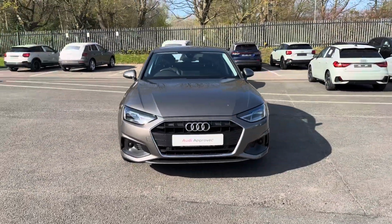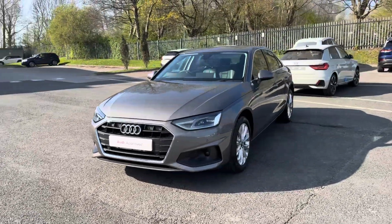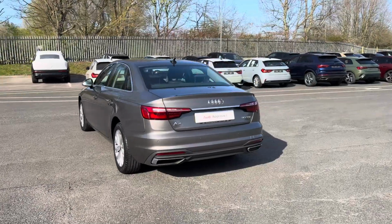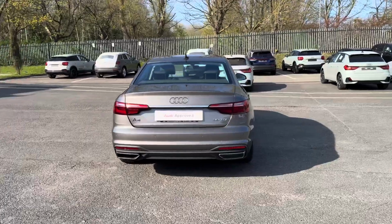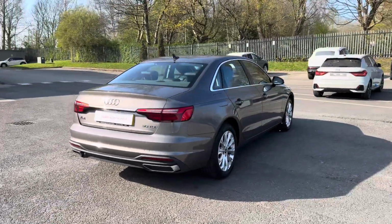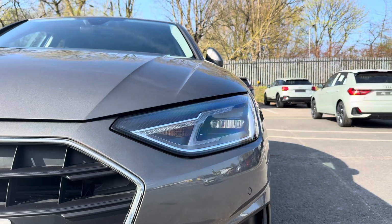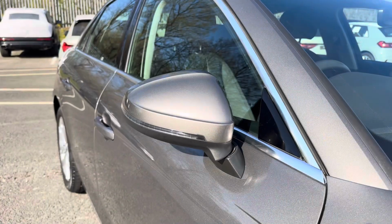Today I'll be talking about this approved used Audi A4 Technik S-Tronic finished in the modern Terra Grey paintwork. This 2021 model comes with a diesel engine with 136 PS and automatic transmission, ideal for those wanting to cover extra miles. The top features include the striking LED headlights for great visibility, large 17-inch alloy wheels, electric folding wing